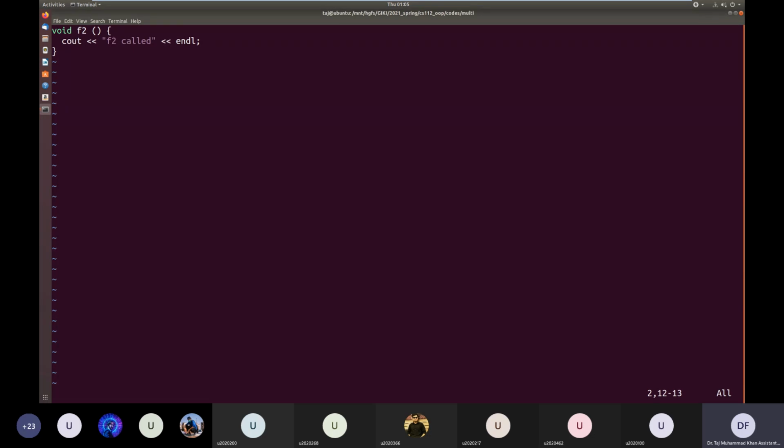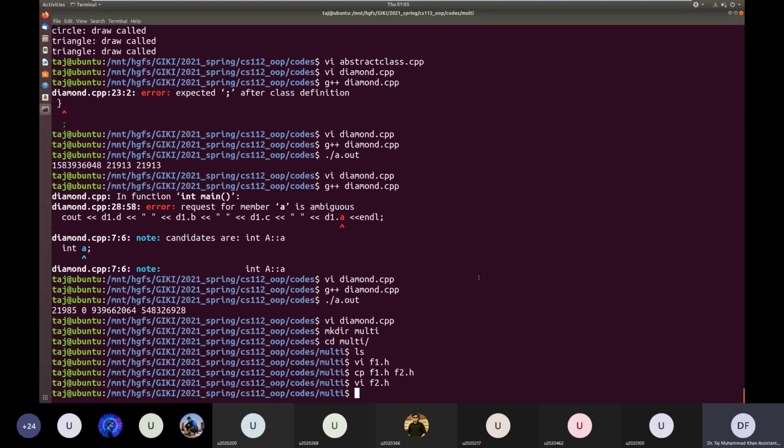There are two functions, f1 and f2, and let's call f1 inside f2. If you're noticing, I am putting the definition inside the .h file. If you noticed this, that's very good, because I am doing something that is not natural.